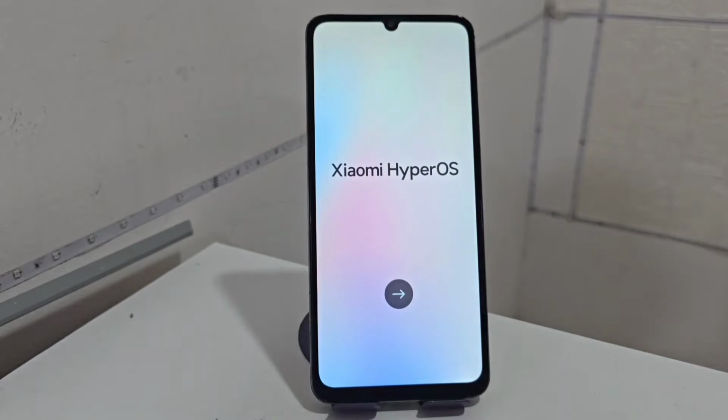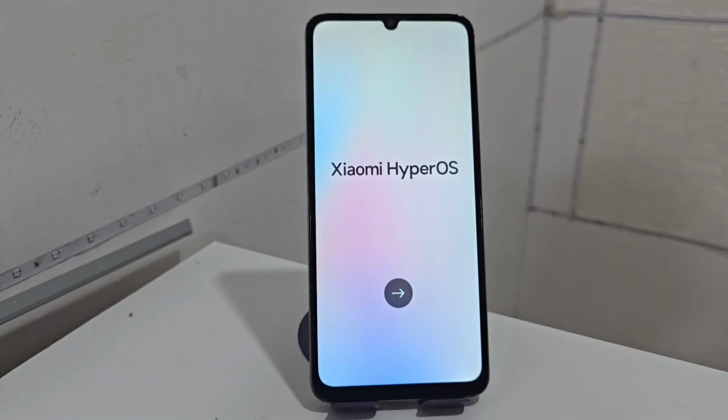Okay, here we have this device that we are going to be able to recover. In this video tutorial we are not going to use a PC. We are going to use a method completely without a PC for those people who want to recover their device since it has a screen lock. It also has a Google account with